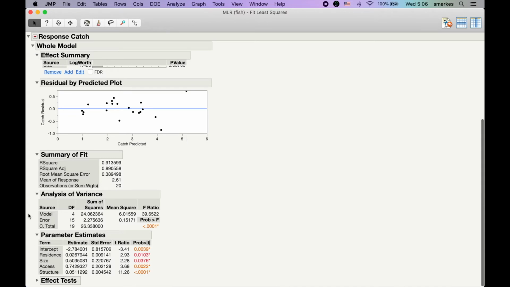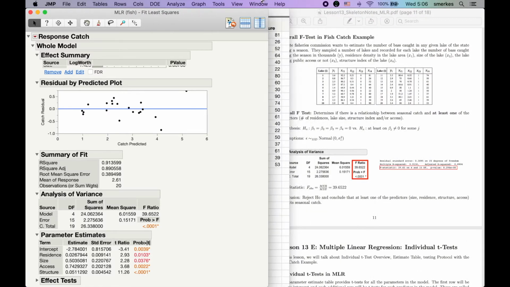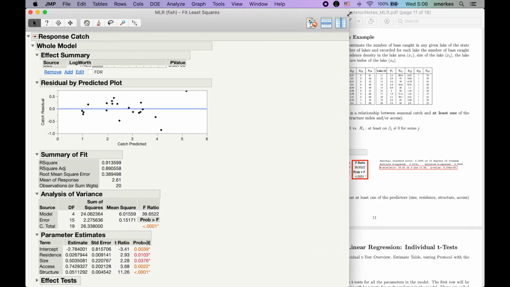and then we see our ANOVA table here, where we got our overall F, which we can see in our notes over here. Next thing that we looked at was our estimates. So we have our estimates here, our standard errors, our t ratio, and our p-value. Again, these are the two-sided p-values. To get the